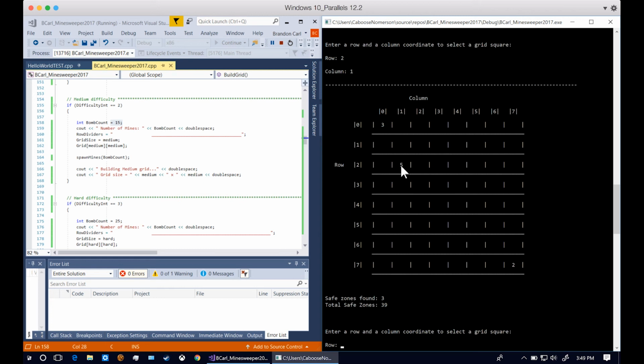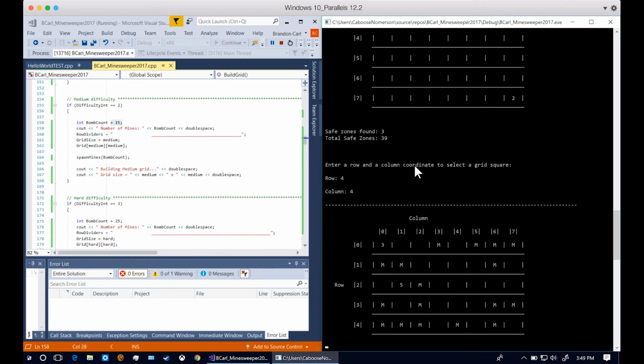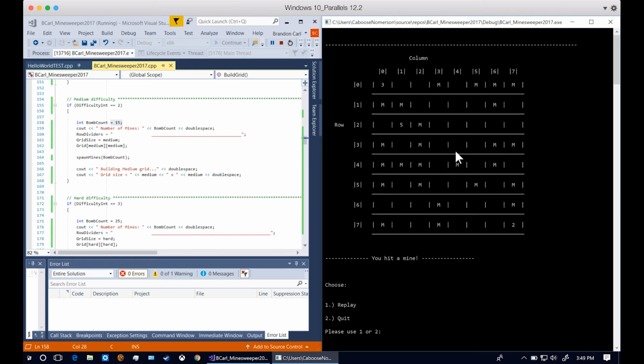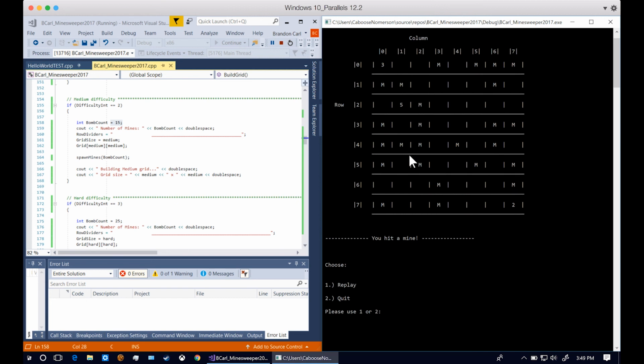Boy. There's 5 around that one, okay. And there's a mine. I did 4, that's a mine. Don't really need to count these, but 1, 2, 3, 4, 5, 6, 7, 8, 9, 10, 11, 12, 13, 14, 15, 16, 17, 18, 19, 20, 21, 22, 23, 24, 25. Okay. Let's